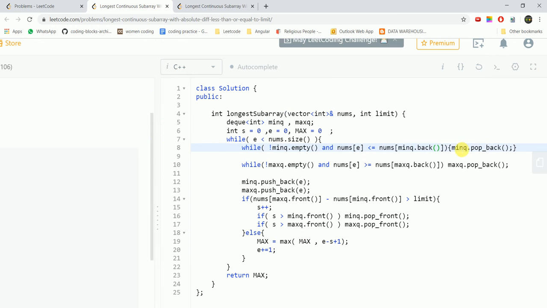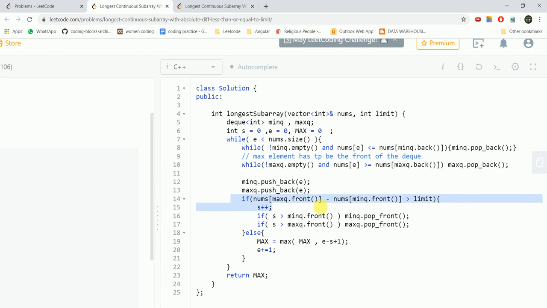And now for the maximum DQ we do the same. Since we have to keep the maximum element at the start, the maximum element has to be at the front of the DQ. We pop the elements until the largest element is at the front, and then we push the present element at the back. We push the indexes only.